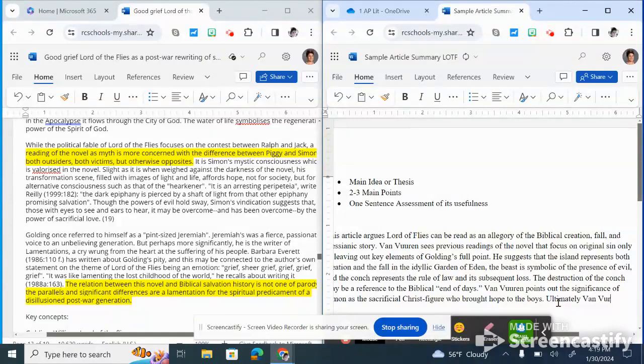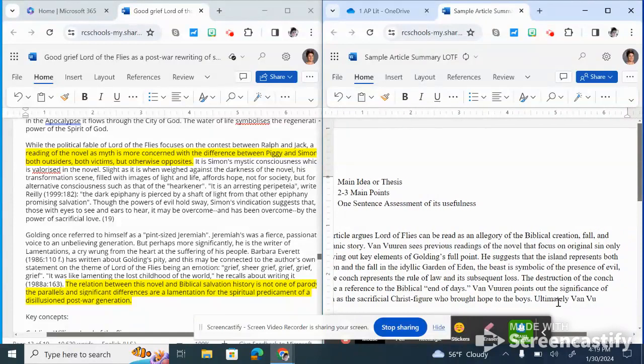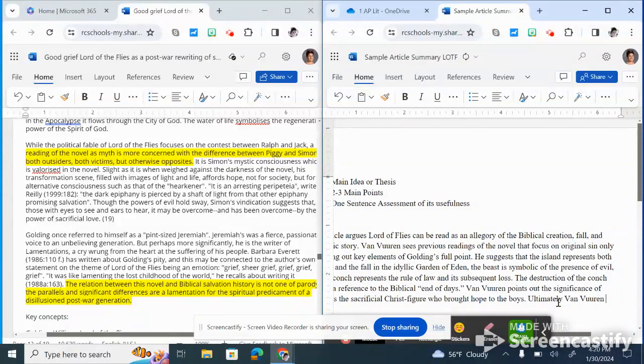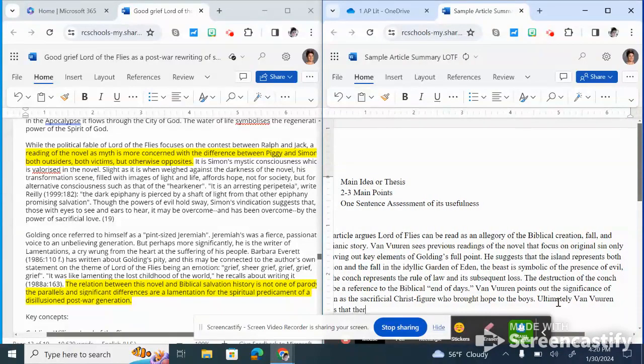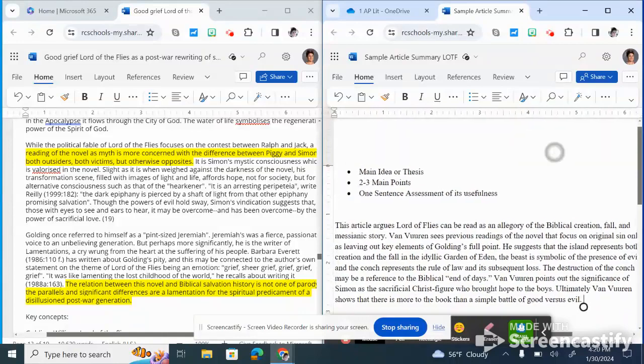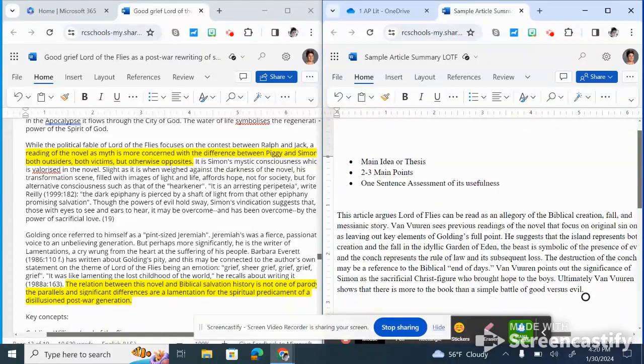Ultimately, Van Buren shows that there is more to the book than a simple battle of good versus evil. And then I need to have one sentence that assesses the usefulness of this article. That comes just from me and not from anything that I read in the article. So I might just say,